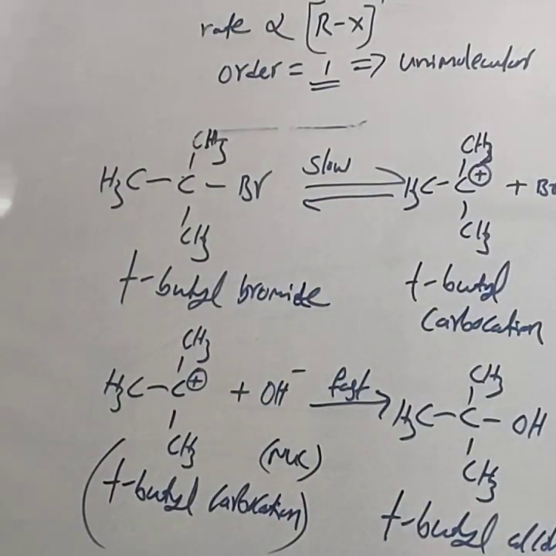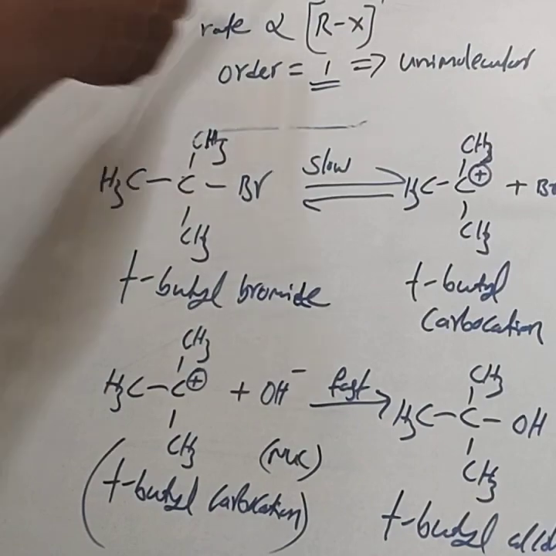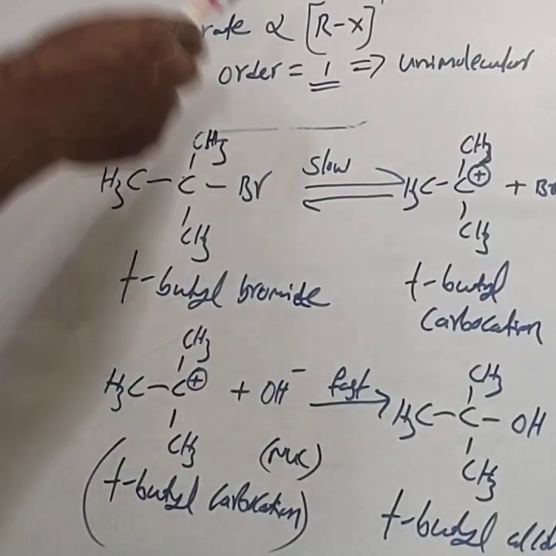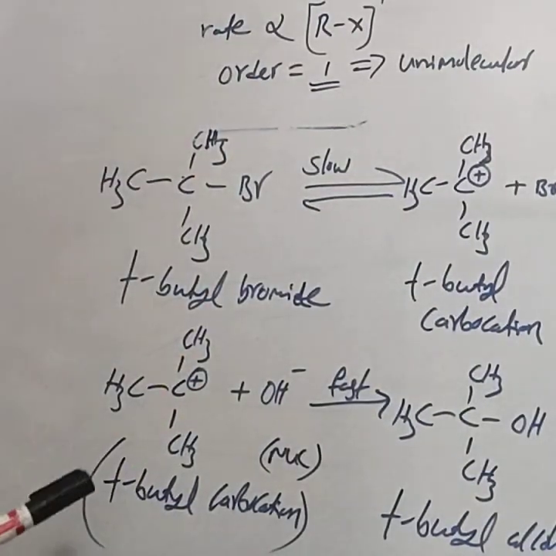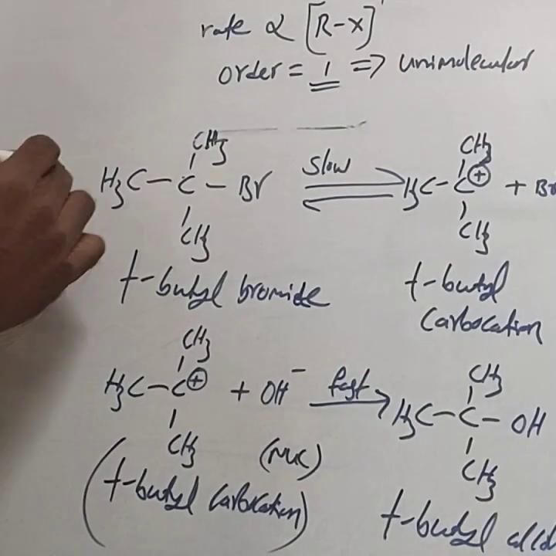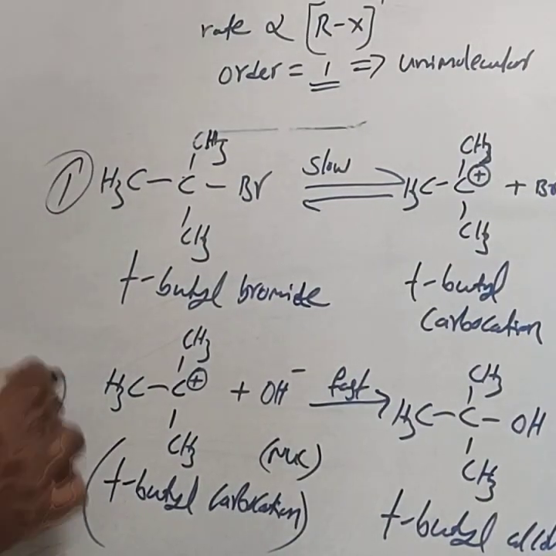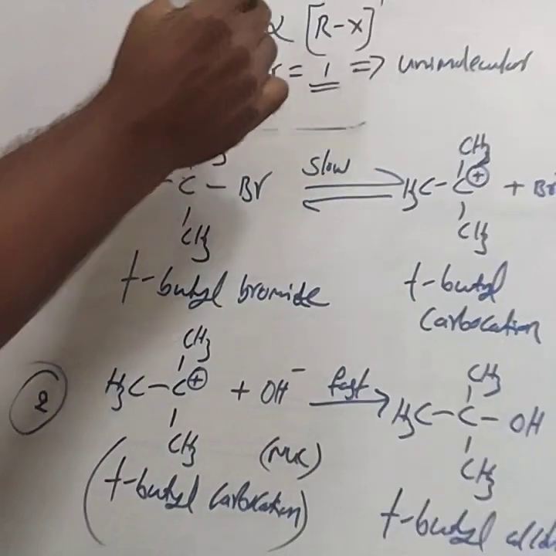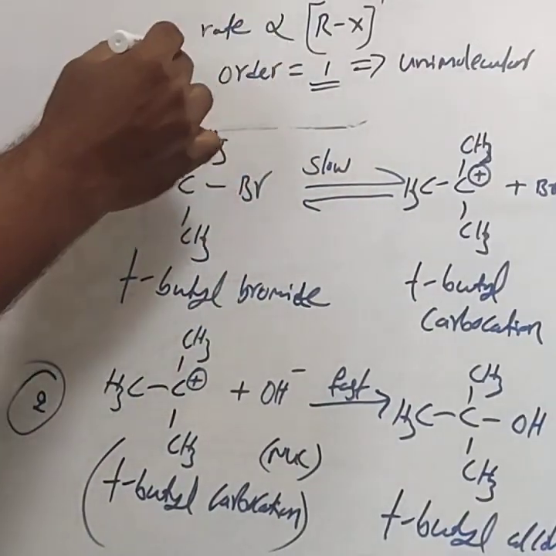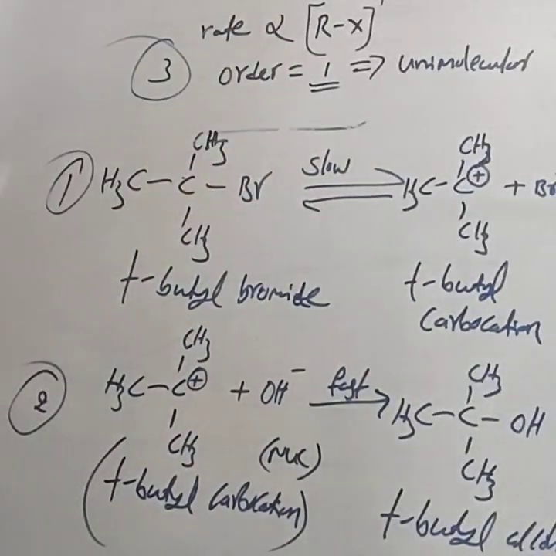This is about the SN1 mechanism. Just write it as it is in the annual examination. Definitely you get 3 marks. For the first step 1 mark, second step 2 marks, and if they ask what is the order of that reaction, then for that you get the 3 marks. This is the scheme of evaluation for the SN1 mechanism.